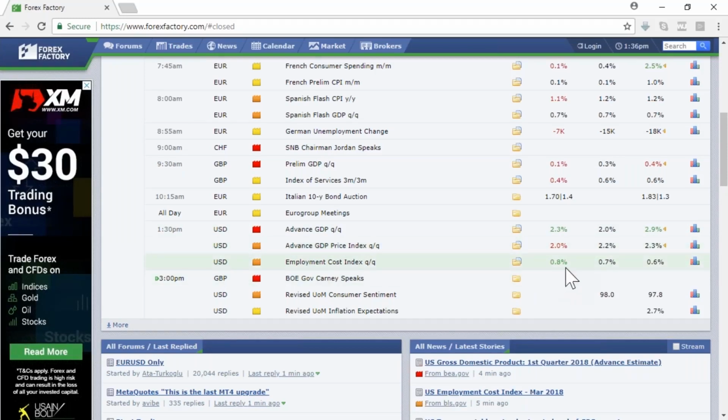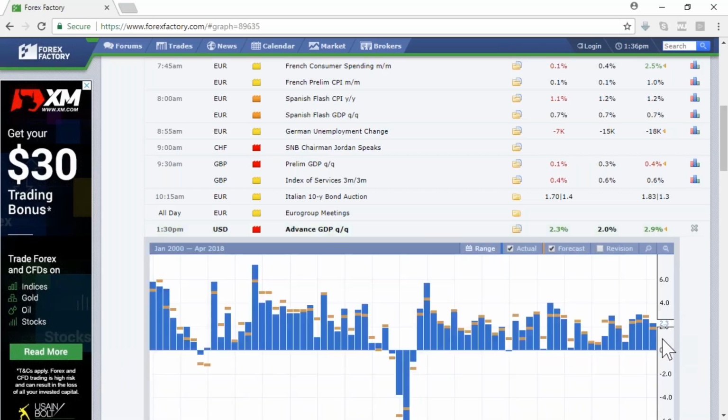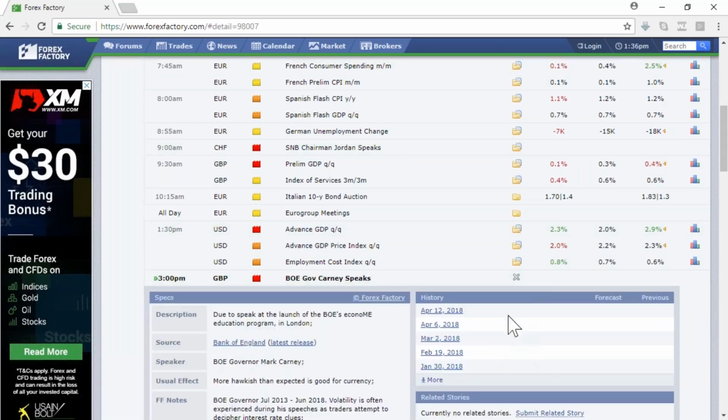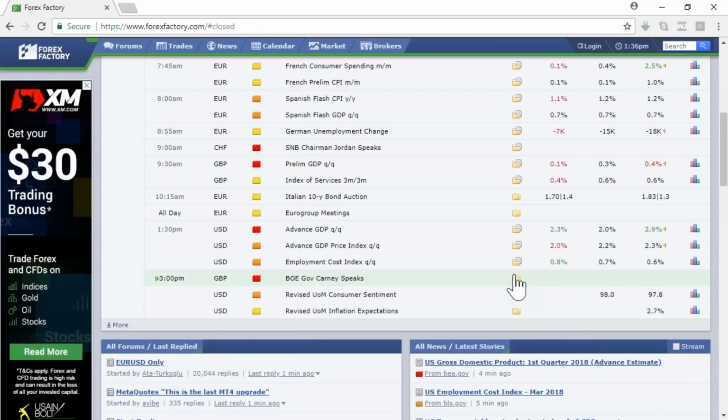So this is the important figure here. As you can see, a 0.1, which is obviously not good for GDP. What you want to avoid is 3 consecutive negative GDP numbers, because if that's the case, it means you're technically in recession. So obviously they're desperate to try and keep those levels up. That's why we've seen a very clearly defined breakdown in the potential strength for the British pound.